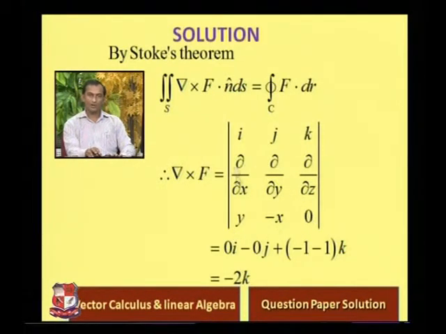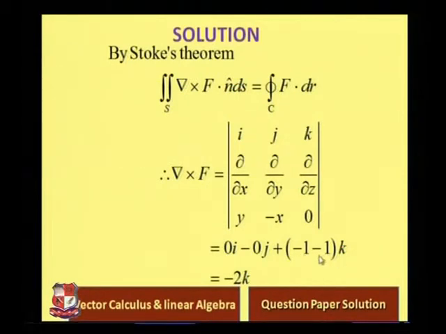Solve this determinant. So we get 0 into i, because this is 0, 0 into this 0. Now minus x with respect to z partial derivative, but x here is not z, so x is constant, so its derivative is 0, so 0i. Similarly for j, it's 0. Now last, del by del x of minus x, so the answer is minus 1, and minus the derivative of y with respect to y, so its answer is also 1, so minus 1 into k.